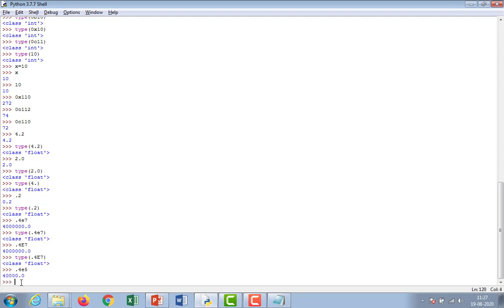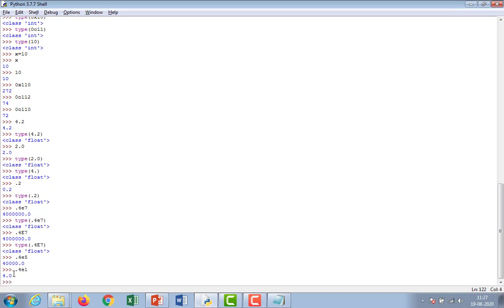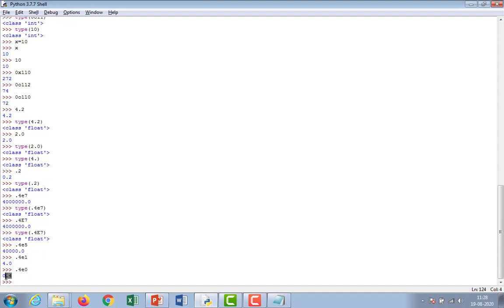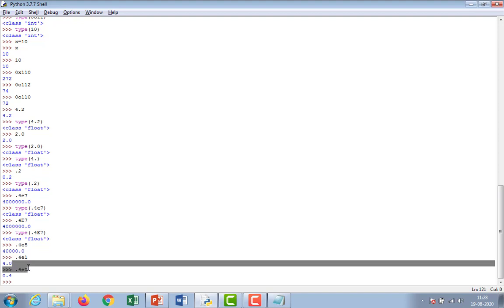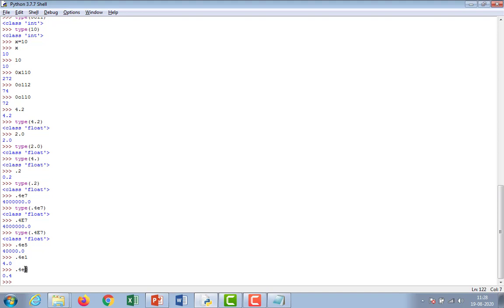If you want to check 0.4E1, it is 4.0 only, because there is at least one digit before the point. If you give 0.4E0, the output becomes 0.4, because you have given 0, so before the point no element is there, so that 0 point.